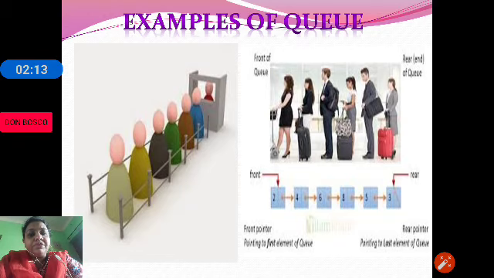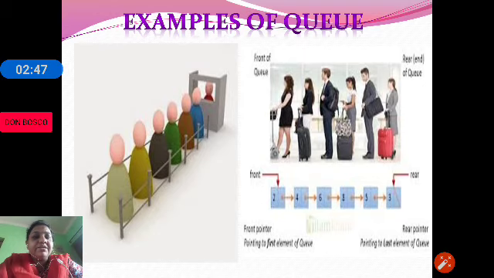The position from which the person goes out is called the front end of the queue. Any person who is joining at the last, that end, is called the rear end of the queue. So we can conclude that in a queue, the items are deleted from the front and the items are added to the rear end of the queue. For example, in the queue there are 2, 4, 6, 8, 5 and 3.